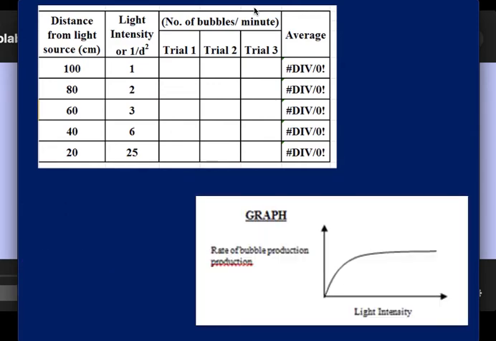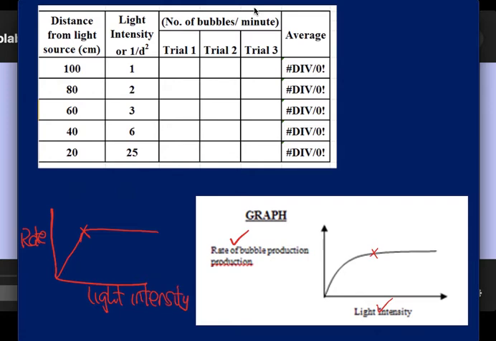So you need to label your axes, and usually when I draw it, I don't even do the curve, I just level it off for myself. And it's this point where it levels off. The level off isn't as clear here. You'd need a ruler to work it out. It may level off about here, whereas in my version of the graph it's very, very clear that there is a leveling off. So we have rate, we have light intensity,